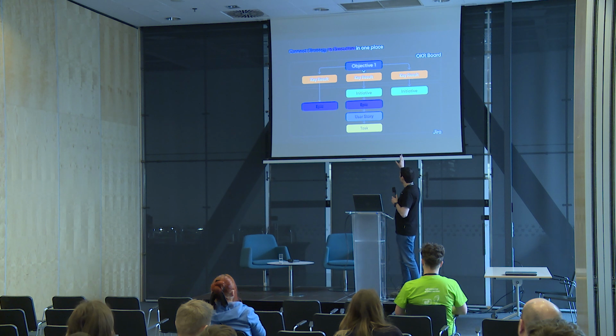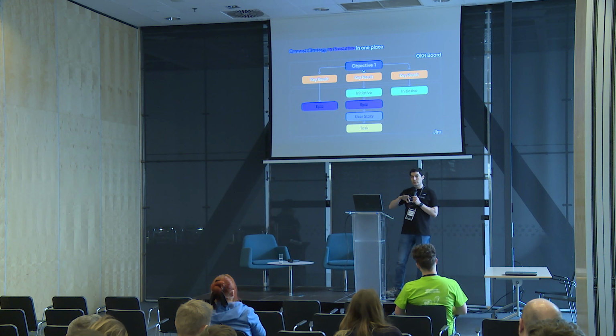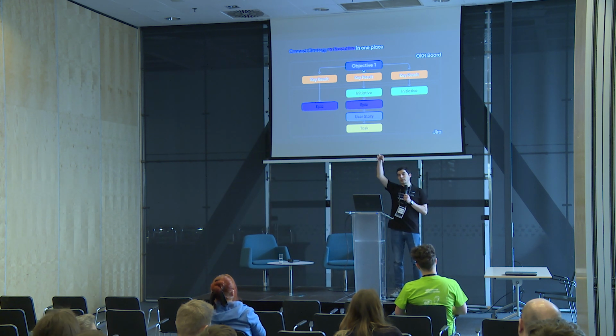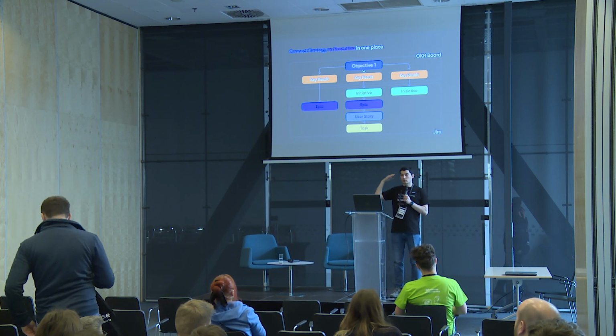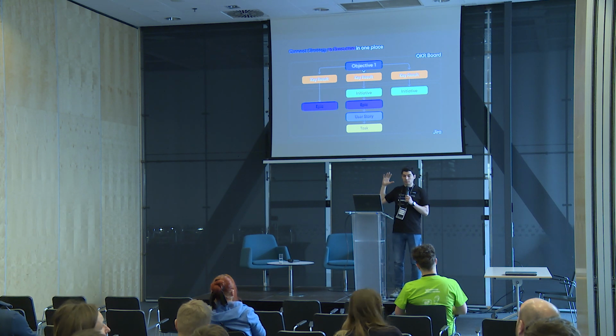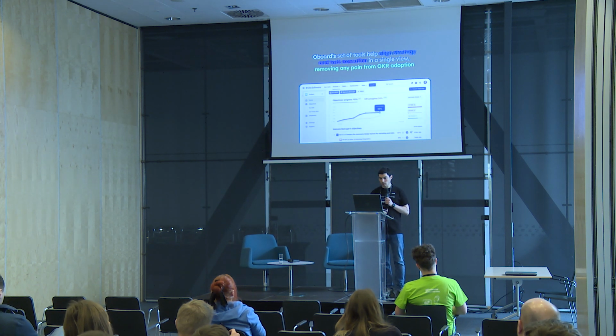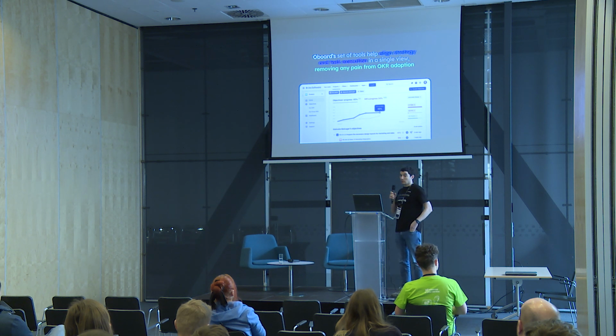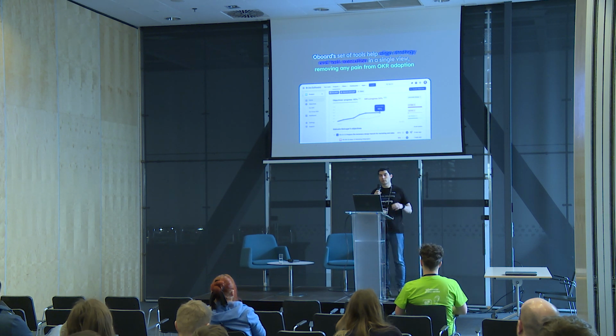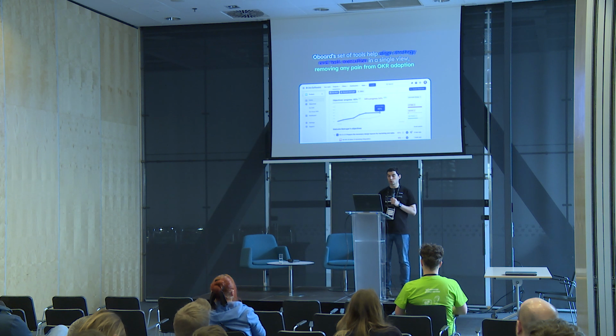So for example, one epic can be assigned to one team, but another epic will be assigned to another team. But all of them are united by one big goal, which is the most important thing for your company. So all of you will be working towards one single goal, but doing different epics, for example. Our board provides a set of tools helping companies to align strategy and task execution in one place in Jira and Confluence, and remove different pains in the adoption of the OKR methodology.